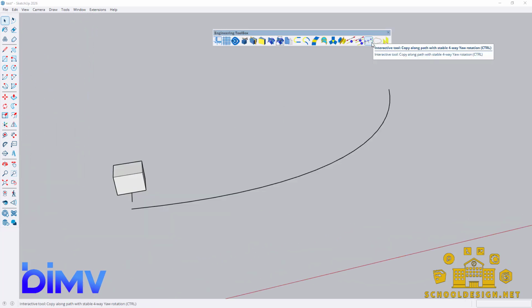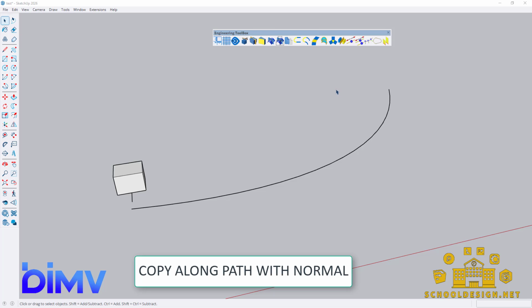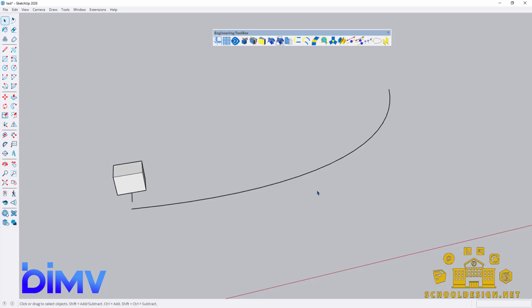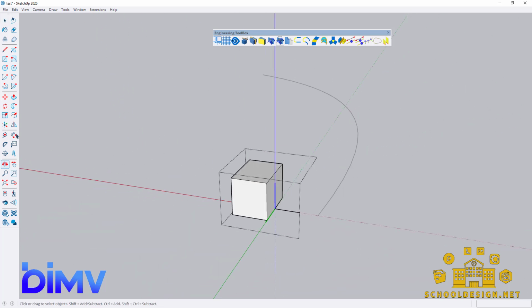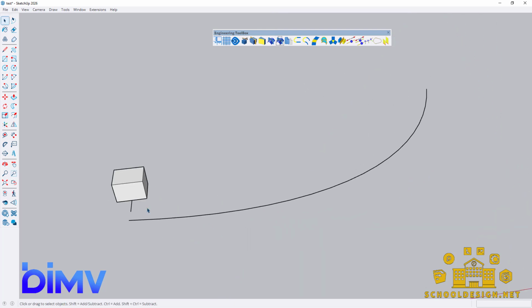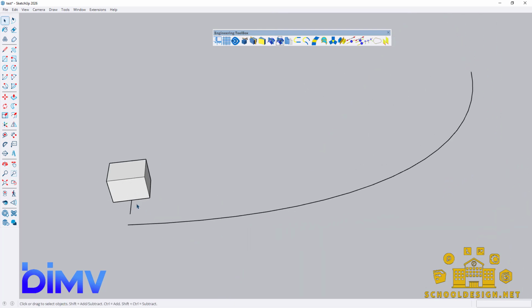The next, copy along path with normal, meaning it will always be copied in the direction normal to the path. This is a frequently used function which is also missing in SketchUp. The most important thing is to properly set in the components our axis in place and direction. The red one is important here because it directs which direction the component will be set